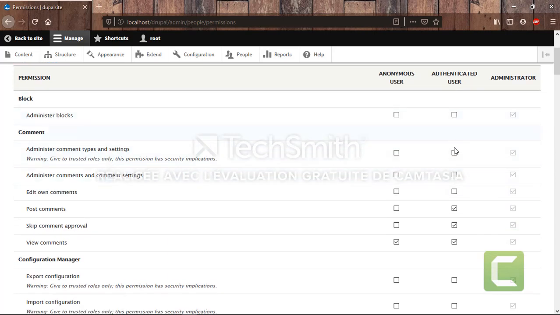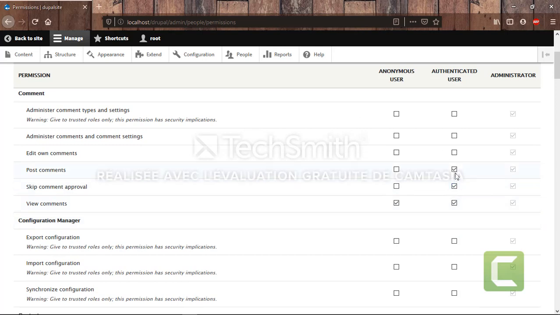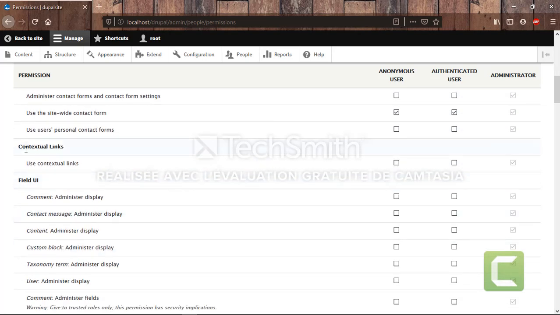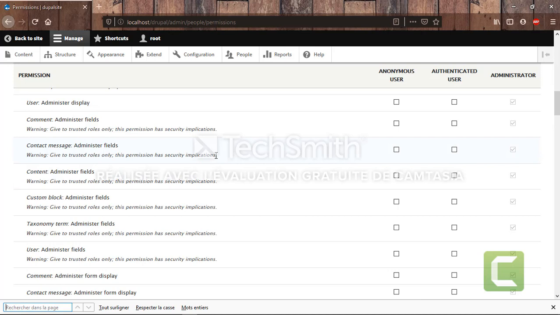We can click on this little square to verify the permission. And if I click on any permission in this little square, it is going to give another permission to this user I am talking about. We have so many permissions and we can make a lot of changes.